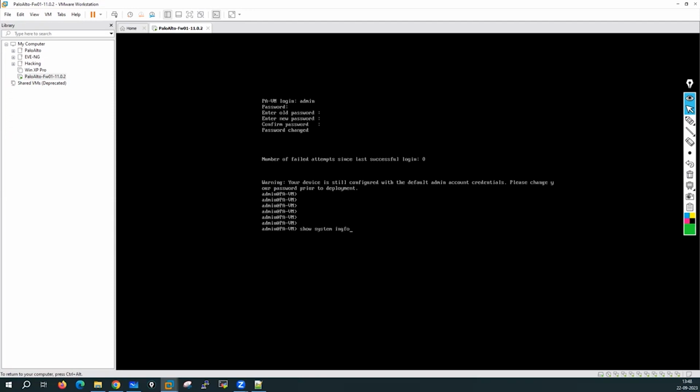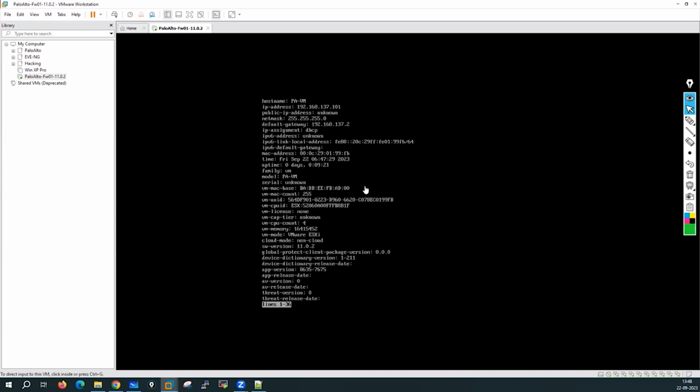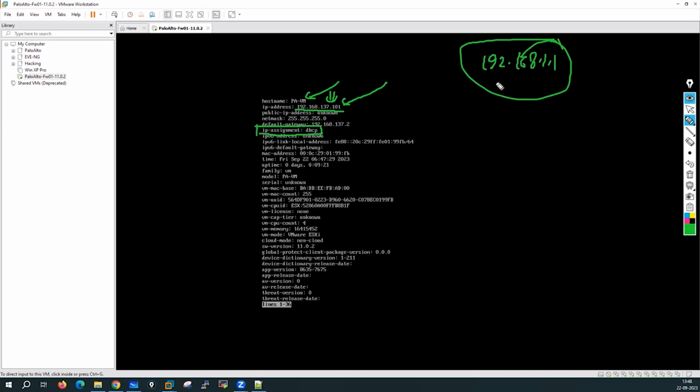show system info, the very first command. By issuing this command, you will be able to see the name of your Palo Alto firewall. Like this is the hostname, this is the IP address on the management interface. Guys, I have told you 192.168.1.1 is the default IP address available on the management interface. Then why is this IP address there? Because DHCP is enabled. You can see this IP address I received by DHCP assignment, because my VMware Workstation is acting as a DHCP server. The netmask is this, the default gateway is this,